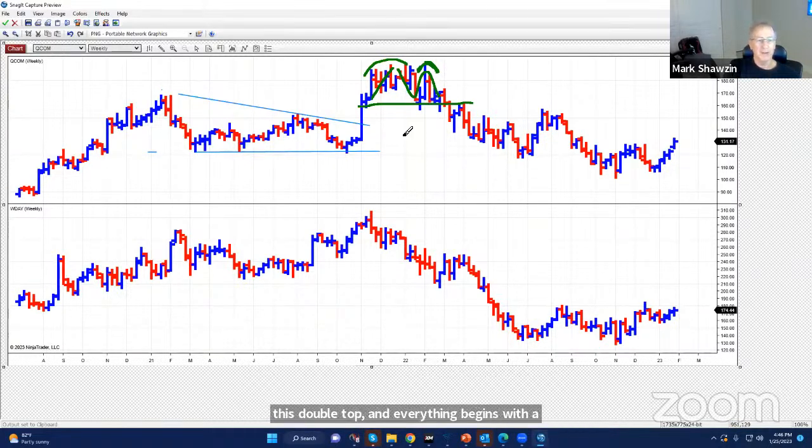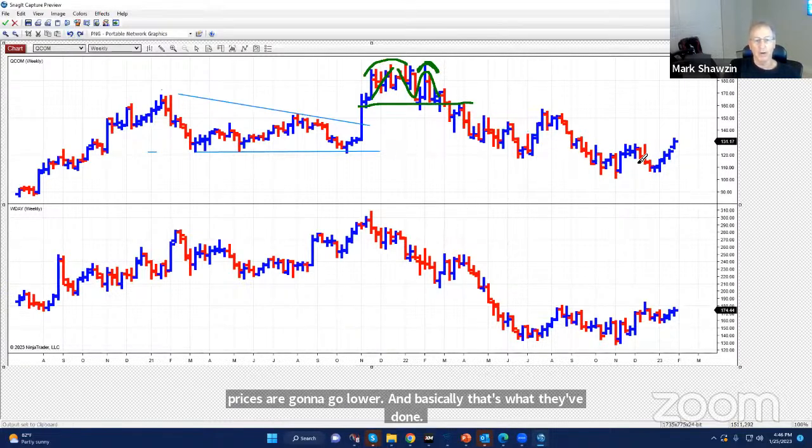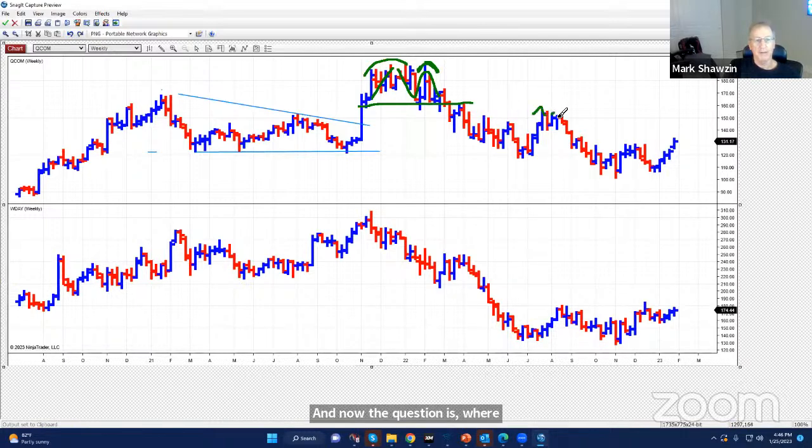So that if there's any shift in direction or continuation of direction, there's always a pattern that precedes it, that we can then use to say, okay, if we put a top here, prices are going to go lower. And basically, that's what they've done. And now the question is, where do they go from here? Here was another top that you could have made another place. So then we had this huge down move, and then we started to see